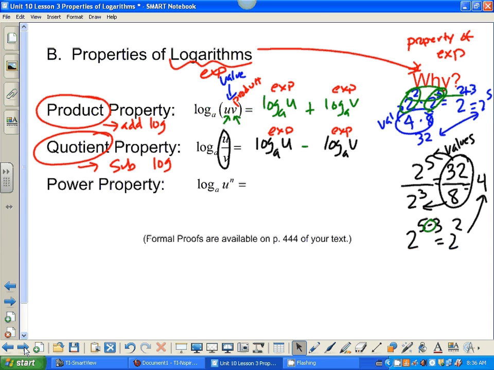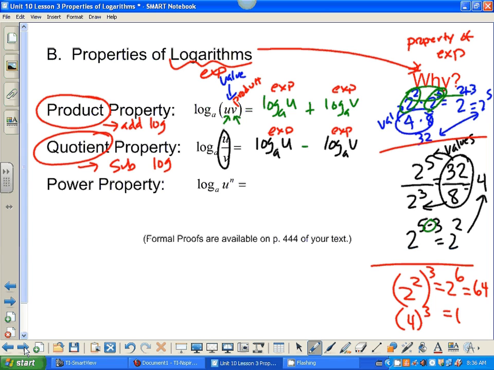Last property, the power property. So let me give you an example there. On the power property, if I take 2 squared and raise it to the third power, this gives me 2 to the sixth, which gives me 64. Another way of thinking about it, it's 4 to the third, which also gives me 64. Bottom line, whenever you have a power to a power,